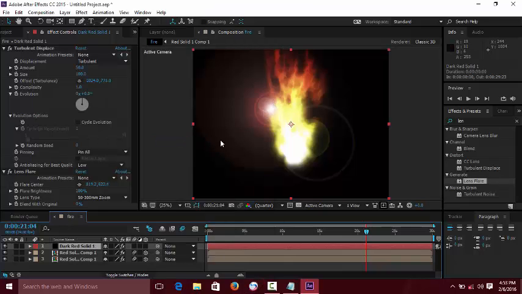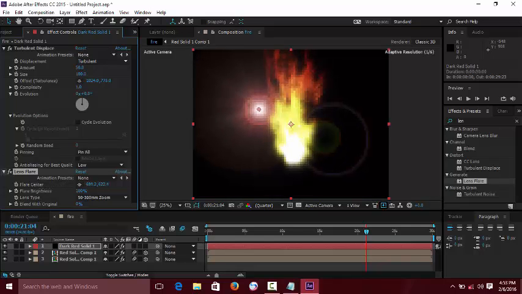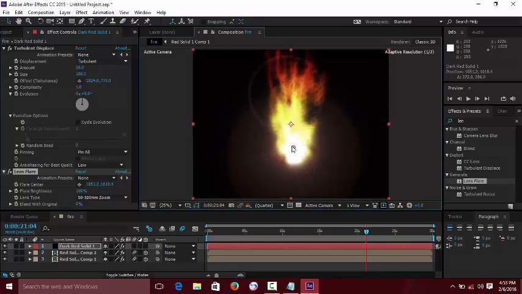Yes, as you can see, something like this. And after that, you go to the lens flare and make a little tweak, something like this,